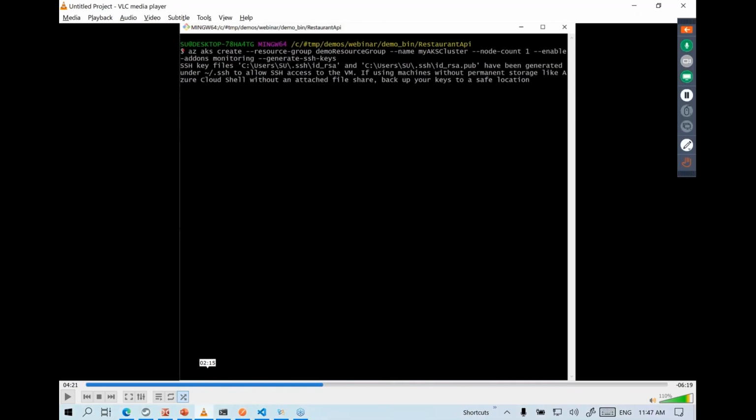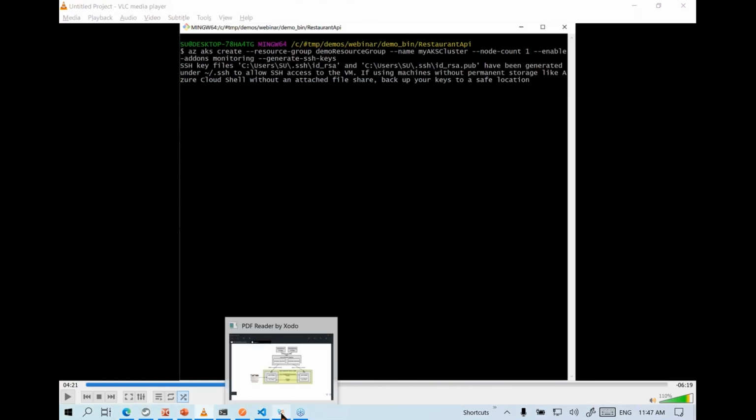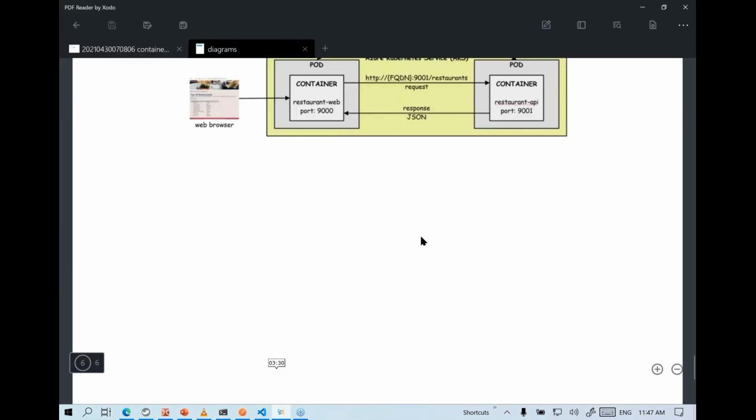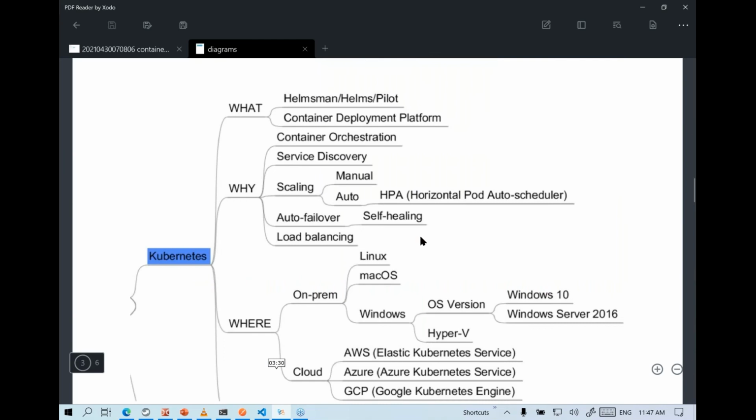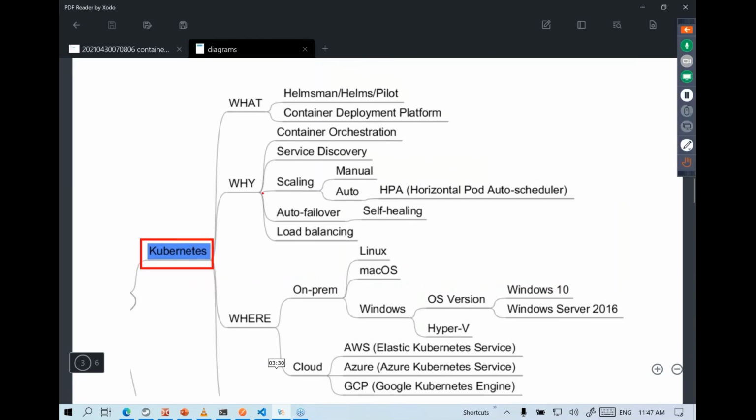Now, talking about Kubernetes, before I explain this command, what exactly is Kubernetes? Kubernetes is basically a deployment platform. Docker is used to build images. Kubernetes is used to deploy images, run them, manage them. So it's a container deployment platform. And it allows us to expose services so that other microservices can talk to that exposed service. So there should be inter microservice communication in place.